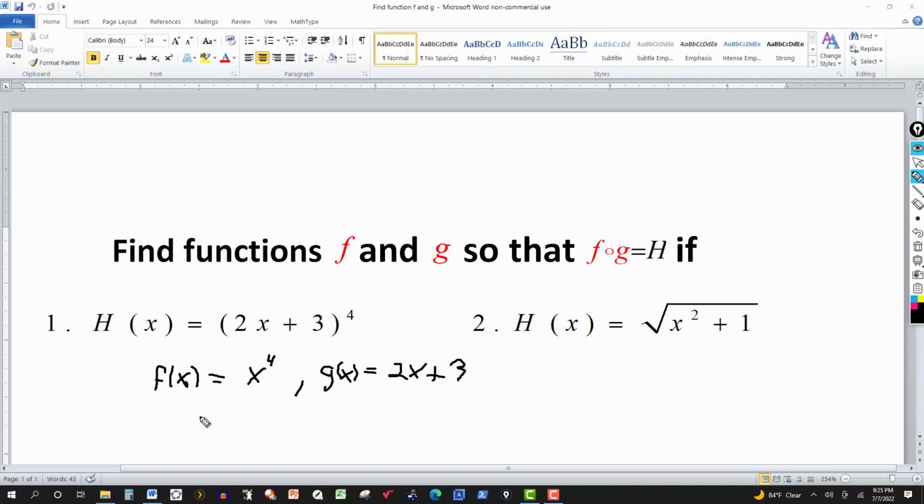But you can see that in this case, f composition g evaluated at x would equal f of g of x. This is equal to f of, and g of x is 2x plus 3. So now we evaluate the function f at 2x plus 3, so we just put 2x plus 3 where the x is, and this will equal